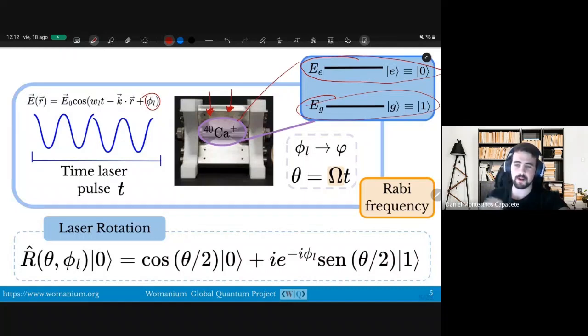Normally, you always add a phase, in case. I mean, it just depends on the initial condition of your laser, right? It's going to be important for us, but it has no special physical meaning. It's just a phase depending on the initial conditions. So the idea is that we are going to manipulate the electronic state of our outer electron using